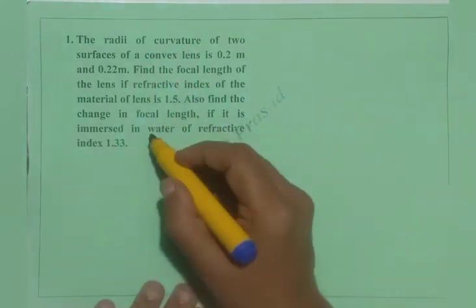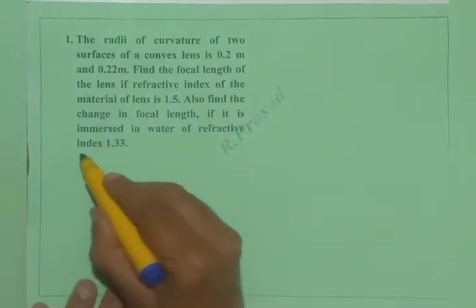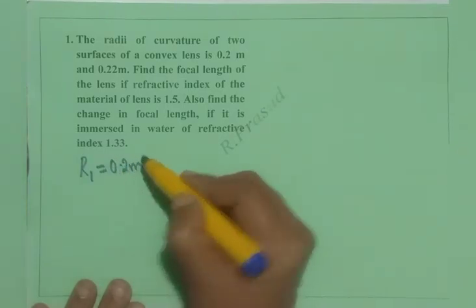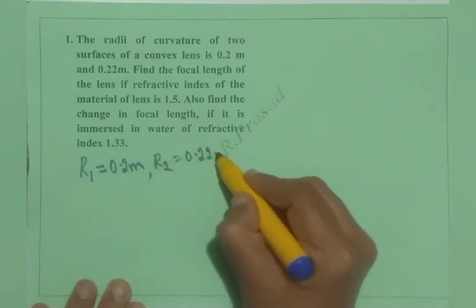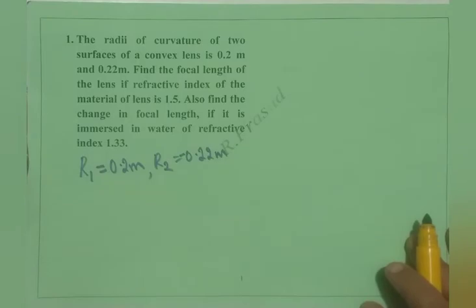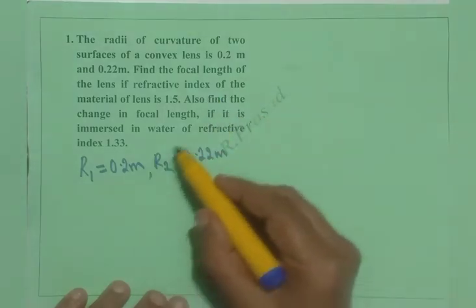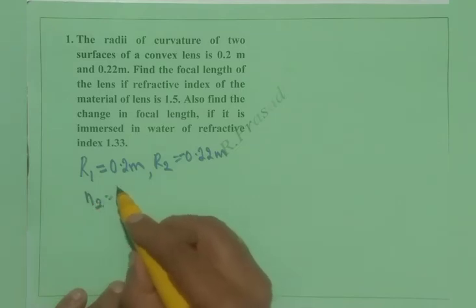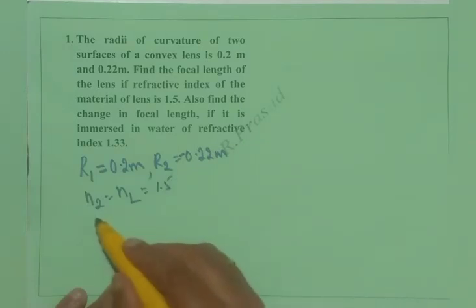In the first part of the problem, we are given the radii of curvature. For the convex lens, I take R1 as 0.2 meter and R2 as 0.22 meter. Especially remember, for a convex lens R2 is always taken as negative. The refractive index of the material of the lens, in our formula N2, we may also call it NL, where L stands for lens, is 1.5. We are asked to calculate F,